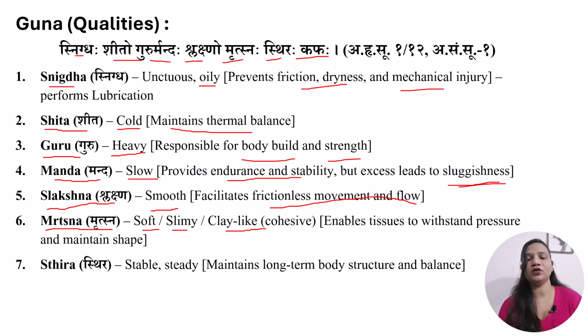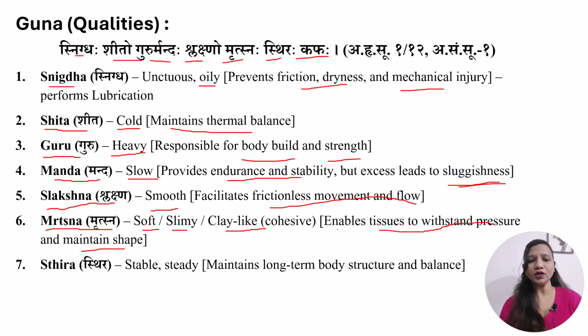It is a guna of Kapha dosha which is soft or clay-like. It gives Kapha dosha a structure, a clay-like texture. So because of this guna, Kapha dosha enables tissues to withstand pressure and maintains shape. So Kapha dosha can maintain shape and withstand pressure because of the presence of this guna, which is Mrutsna or